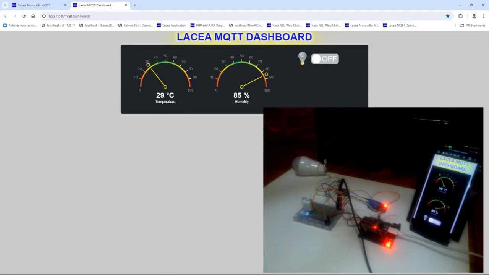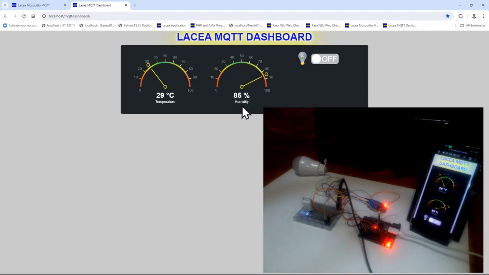We can also use the computer to see the updates of data coming from the ESP32 sent to the MQTT broker, the Mosquitto. Now in our web browser, in this laptop, we can see that the room temperature is still 29 degrees Celsius, and then the humidity is 85%, which is quite hot.